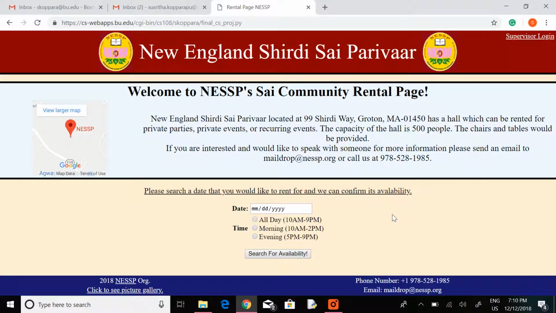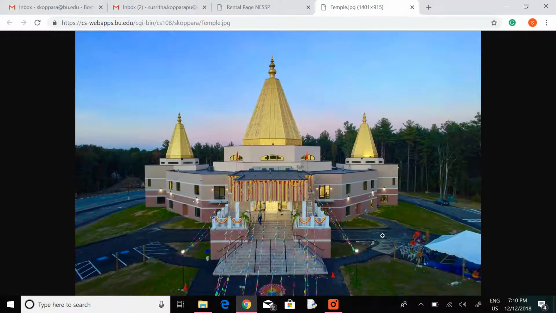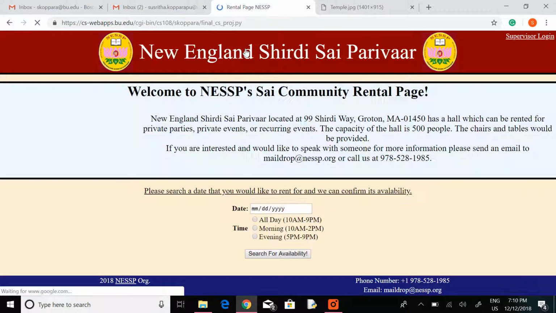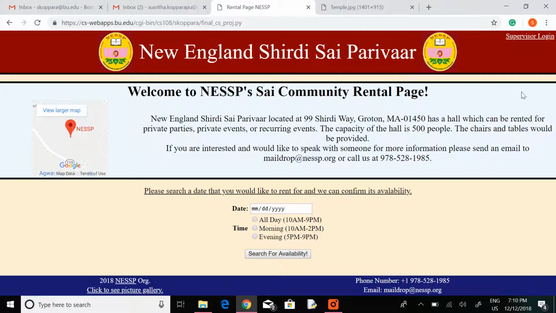It is a rental site for the New England Charity Society Pride Bar located in Groton, Massachusetts. I have the Google Maps right here and I can show you guys a picture of the temple. Here it is, and in this temple we have a room available for rental. So what this website does is that it streamlines those rentals and provides a supervisor a place to look at